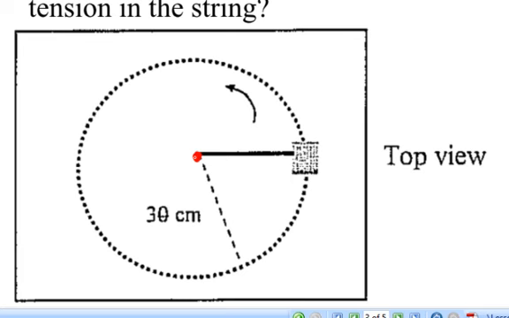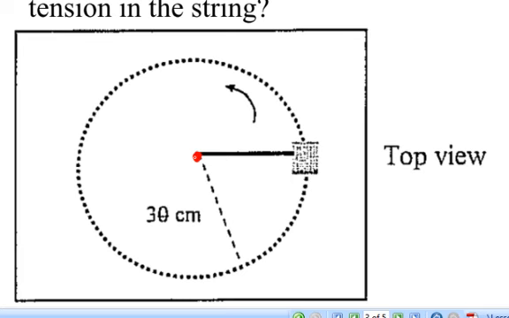We're looking at a bird's eye view, a top view of this situation. We're supposing that the cube is sliding on the top of the table. They tell us it is a frictionless table, so maybe you could think of this as an air hockey table, and I've got some cube that's being supported by this air cushion, and I've got this pin that's whirling it